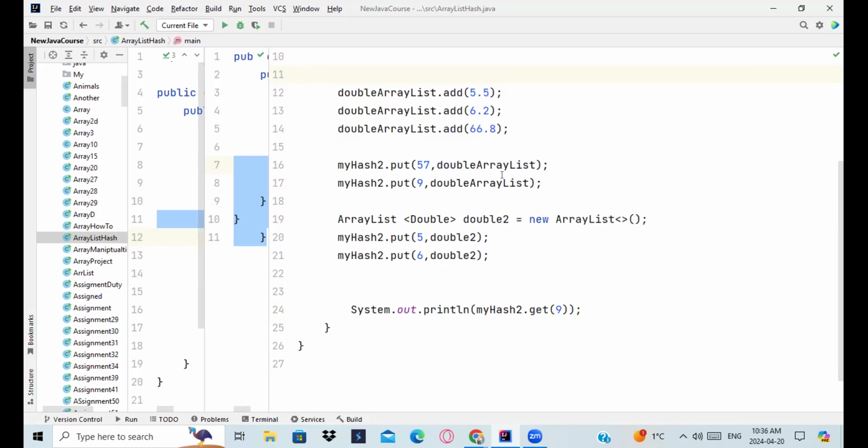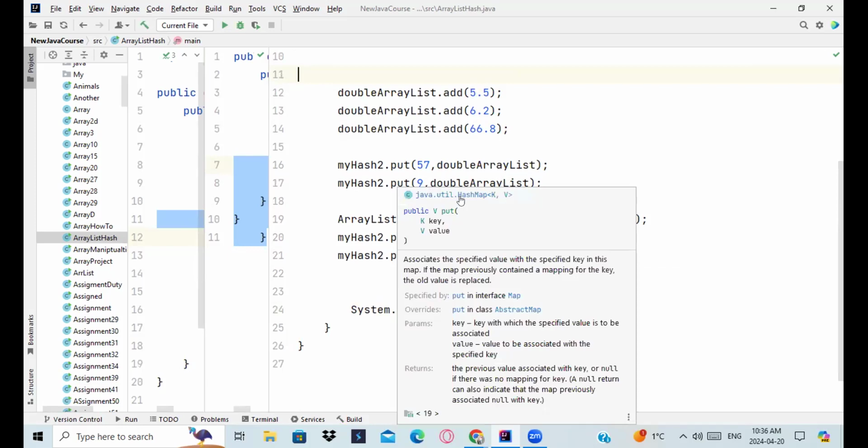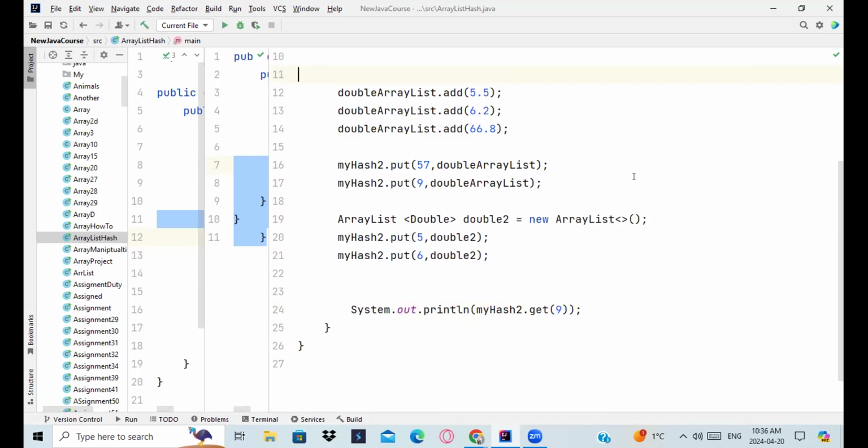So when I told you to retrieve the value where key equals to 9 from the my hash2 hash map, it retrieved the values inside double array list: 5.5, 6.2, 66.8. Now please do the same